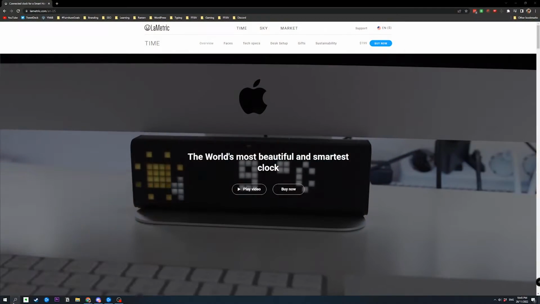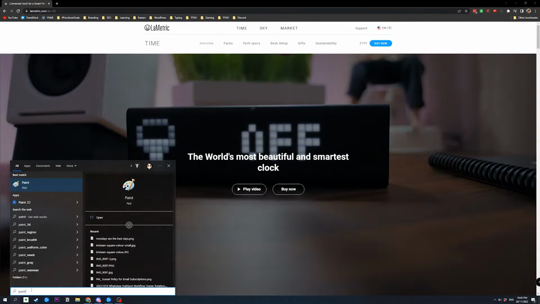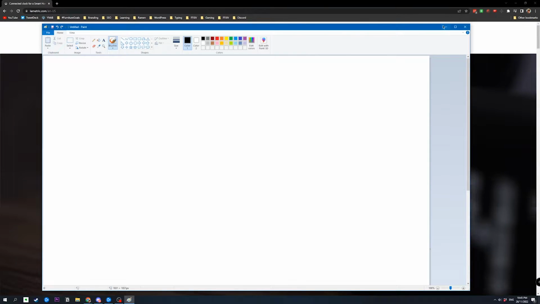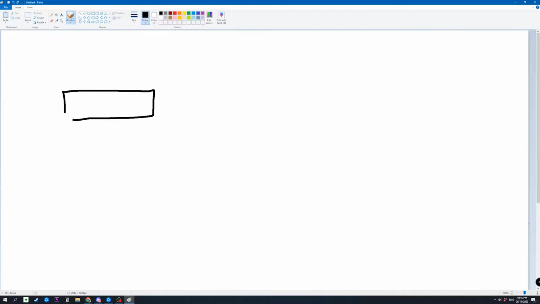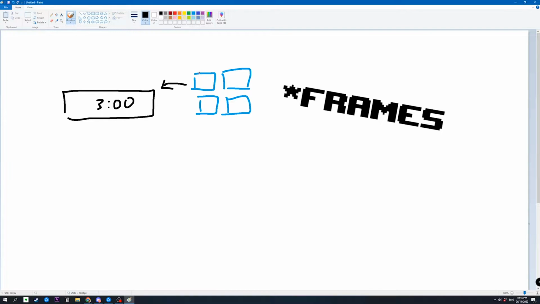Just to show you what the entire flow of this thing is, so you can understand what's going on, I will draw an illustration of how this whole thing will work. So here's the LaMetric clock. As I've said, the LaMetric clock uses applications in its app marketplace to display things on the device over here. Each of these applications can have multiple what they call faces in it. So it's almost like slides in each of them. So this goes into, you install it into your